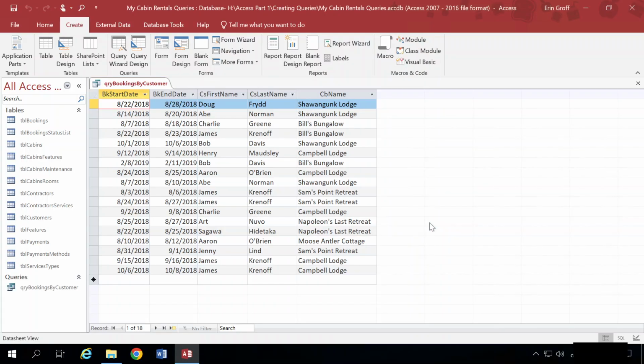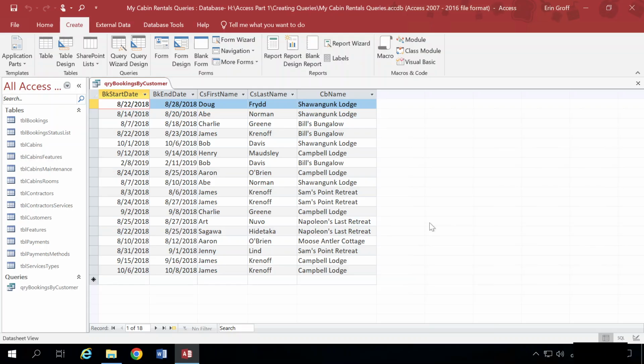And this displays our query results. Record sets showing data from 3 related tables are shown in a datasheet. Start and end dates are pulled from each booking record in Table Bookings. For each booking record, there is an associated customer in Table Customers. The first and last names of the customer are shown in the query results. For each booking record, there is an associated cabin in Table Cabins, and the name of the cabin is shown